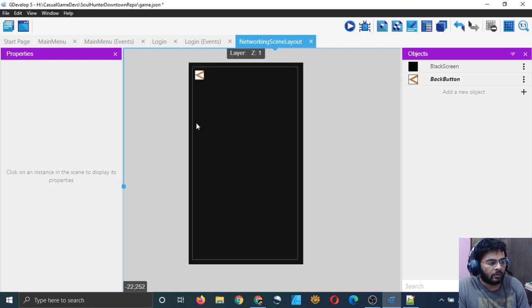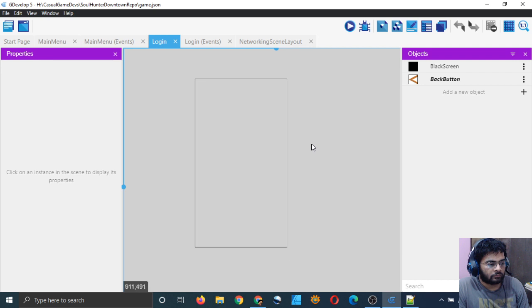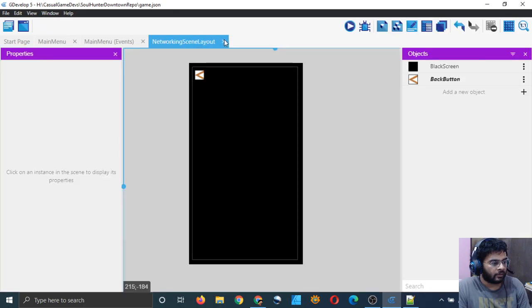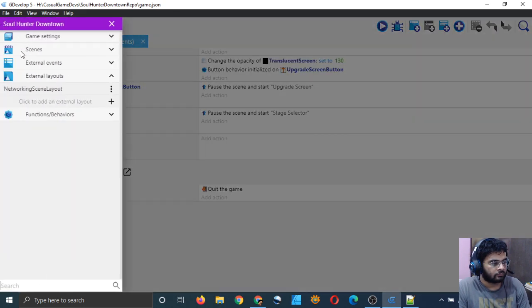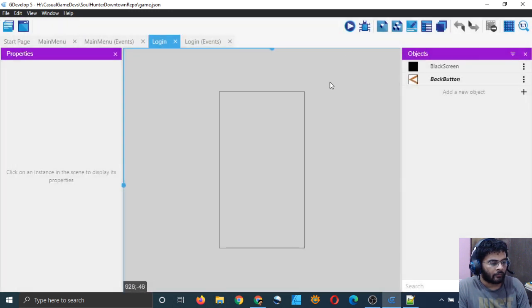So now when I will save it, let me run this login scene and see if the layout is working here or not. I can see the two objects. Let me close it and open it again. Login scene. I will run it.